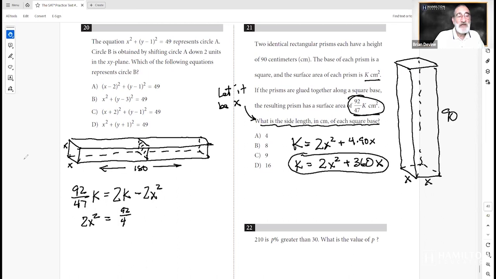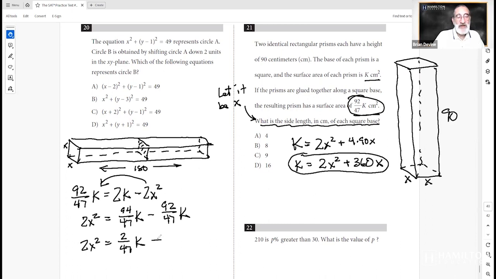Let me go back here. 2K would be 94 over 47K. That's 2 times K. And then I'm taking away the 92 over 47 times K. So I added 2K to both sides and subtracted 92 over 47K. So now I know that 2x squared equals 2 over 47K,